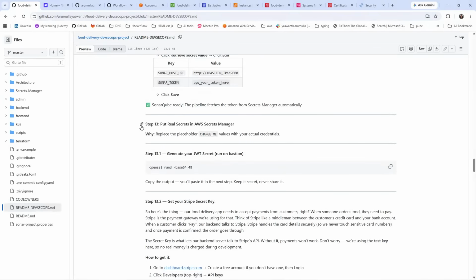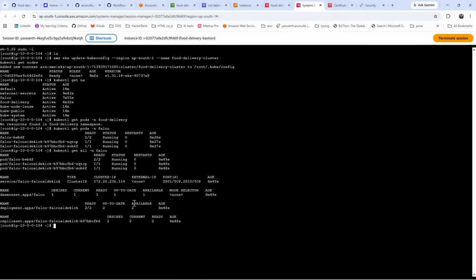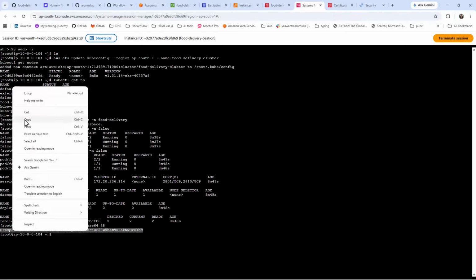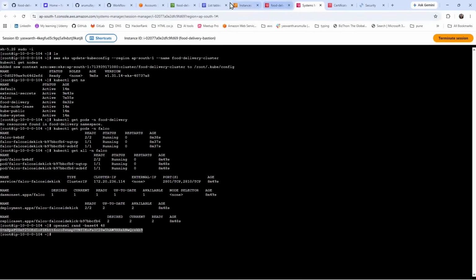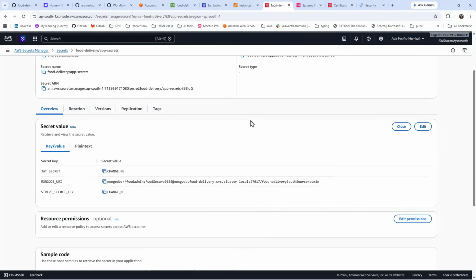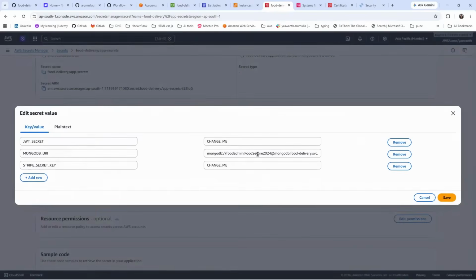And 13.1 also will generate the JWT token. You can just copy that 13.1 OpenSSL command, go to the bash, and just run this command. It will create one script, one JWT token. Just copy this token and update here. Edit, remove here, update JWT token. Okay,